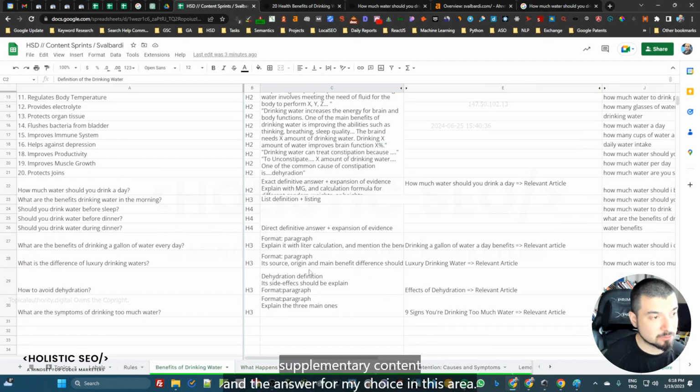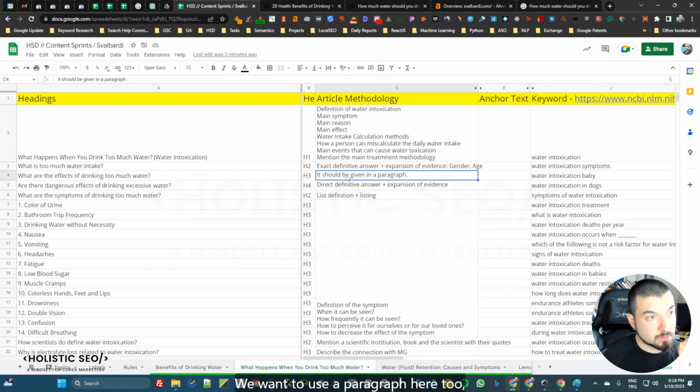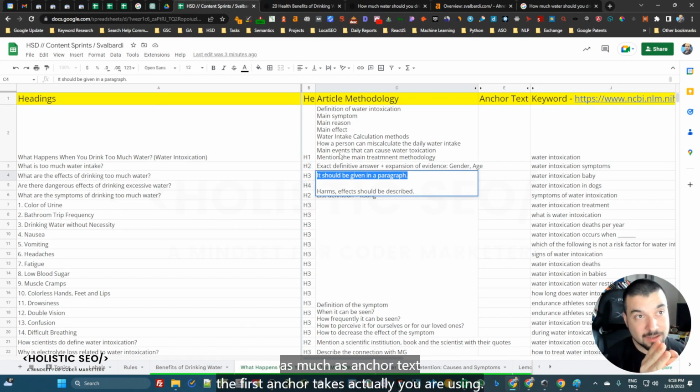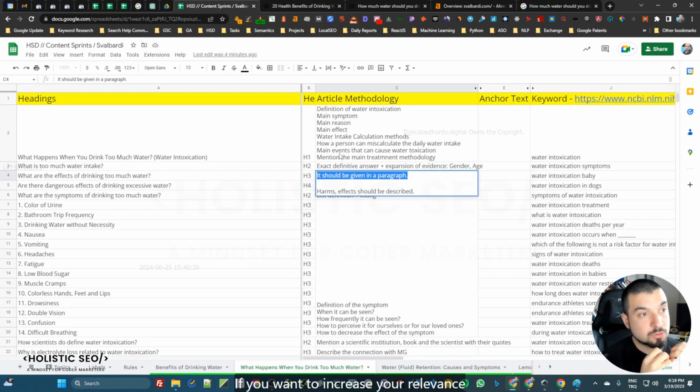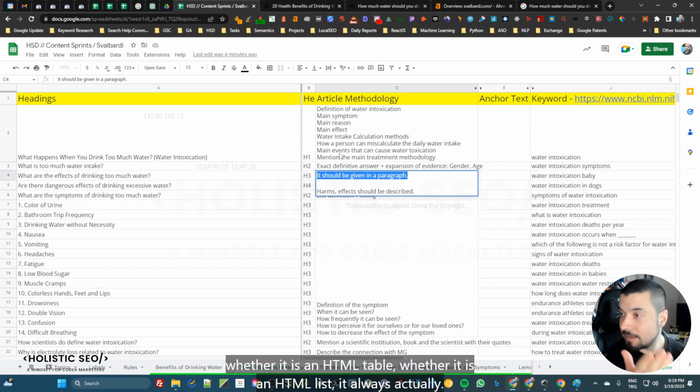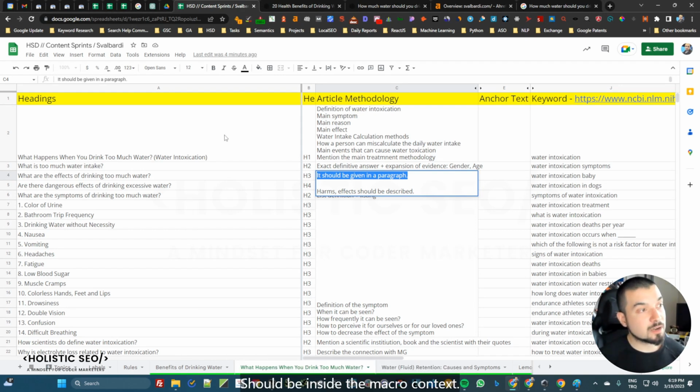This is relevant to the supplementary content and the answer format choice in this area. We wanted to use a paragraph here too, because the first structured content in your document is really important, as much as the first anchor text you are using. If you want to increase your relevance and chance to rank, the first structured answer that you are using, whether it is an HTML table or an HTML list, should always be inside the macro context.